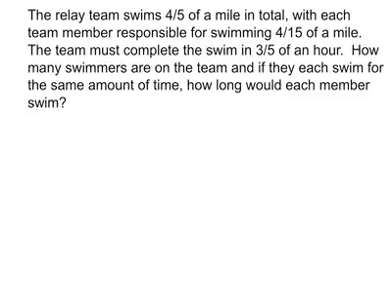Lots of fractions, but we can work through this. First of all, let's answer the first part of the question. How many swimmers would be on the team? If they're swimming 4/5 of a mile, and each swimmer swims 4/15 of a mile, that's a division problem. So 4/5 divided by 4/15. And again, we don't divide by 4/15, that's our divisor, we multiply by the reciprocal. So we're going to change this to 4/5 times